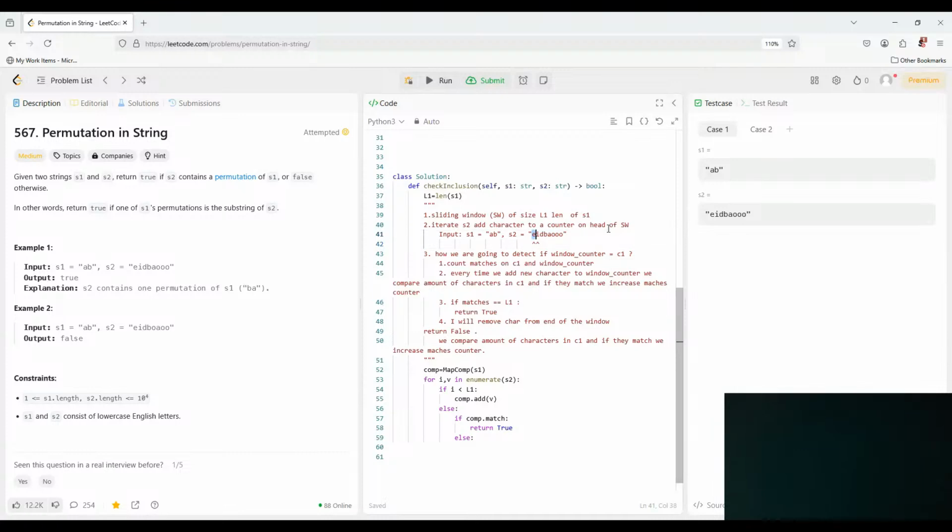So on 0 we just add, on 1 we just add, but 2 is not equal, is not less than 2, right? So now we compare, then we remove